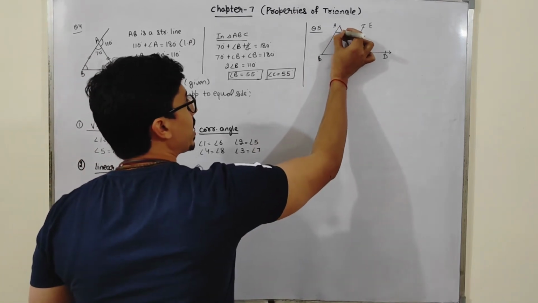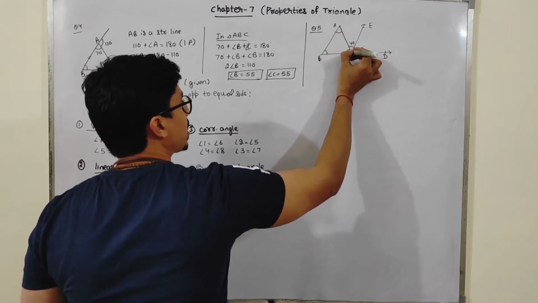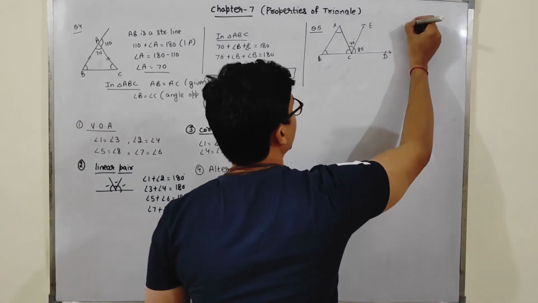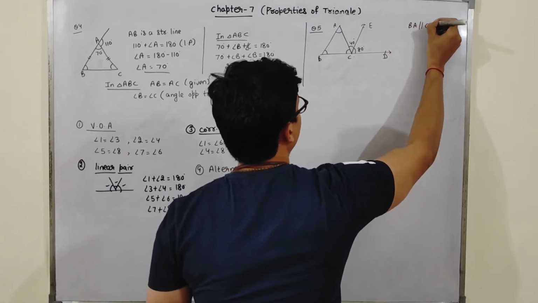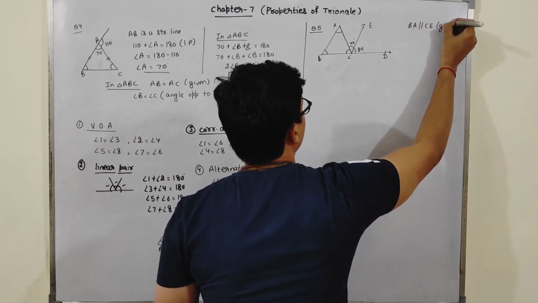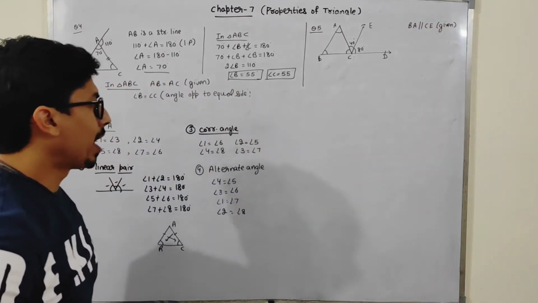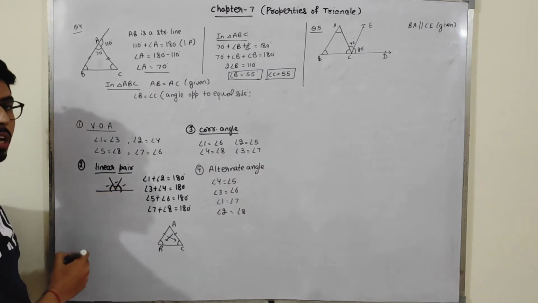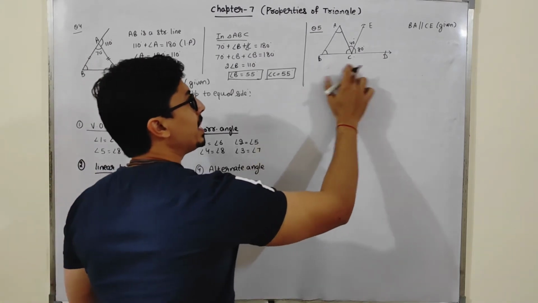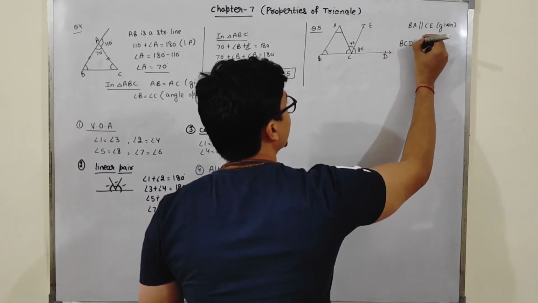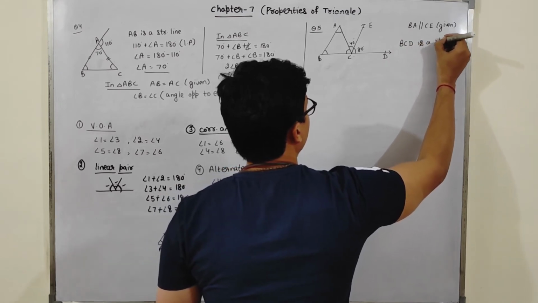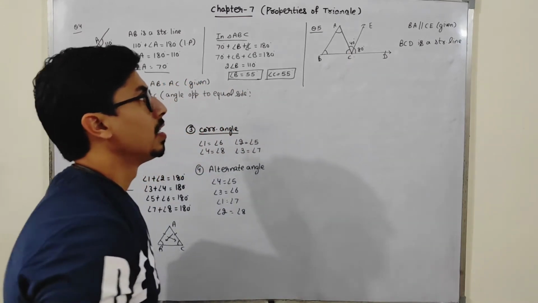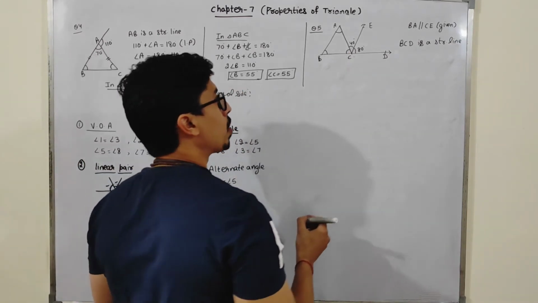That means I have to find out all the angles of triangle ABC. This angle, this angle, and this angle I have to find out. Only one thing is given to us: BA is parallel to CE. Okay. So now see. First of all, I will use the linear pair, students. If this is a straight line, the sum of the angles will be 180 degrees. Now see, BCD is a straight line. So students, I can say the sum of these three angles will be 180 degrees because of linear pairs.